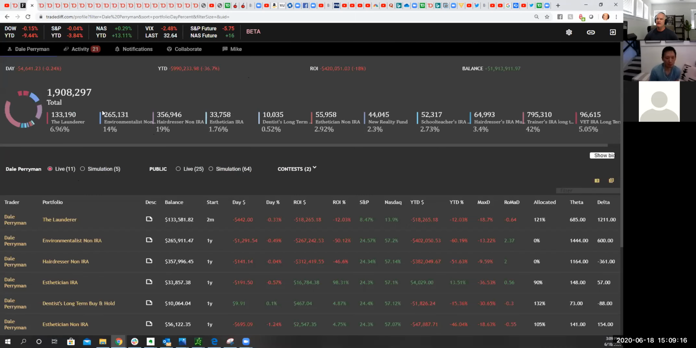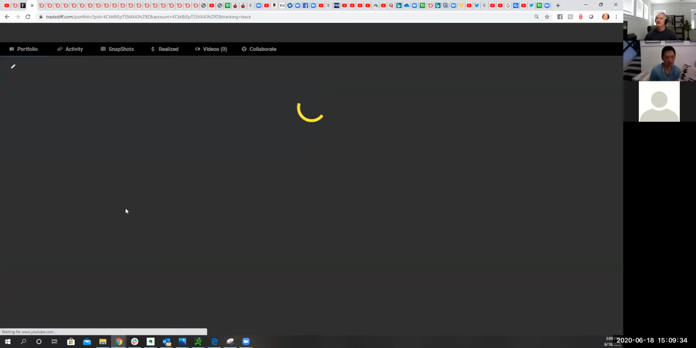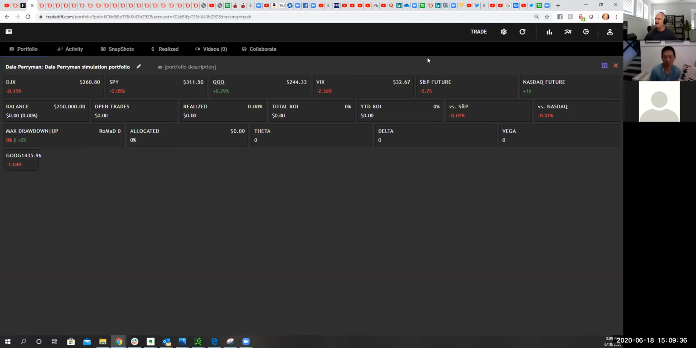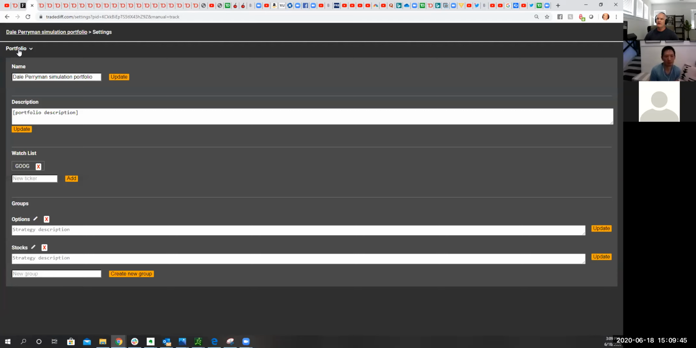The default is a live account. I need to come here into simulation and go down to the bottom. The one you just created is called Dale's Simulation Portfolio. So I'm going to go into that, and Alice, I'm going to show you how to rename it here. You click on this cog up here where it says settings. And then you can click on portfolio, and you can name it